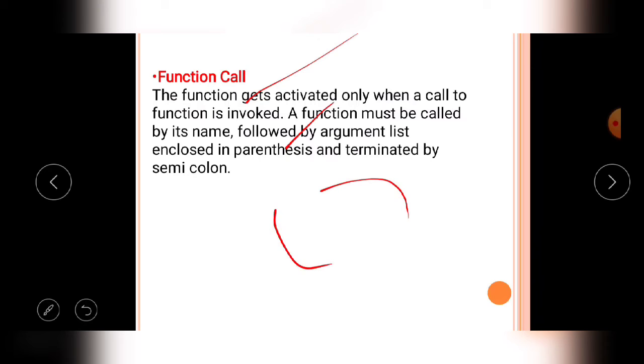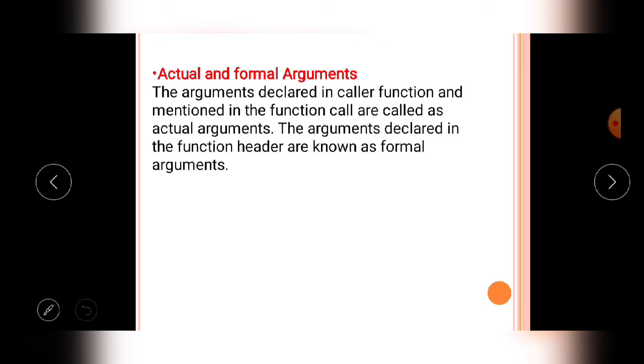In the parentheses, you should mention the arguments list. Then the function call must be terminated with a semicolon. It is a common rule: each and every statement in the C language must be terminated with a semicolon. Like that, the function call is made by the caller function.